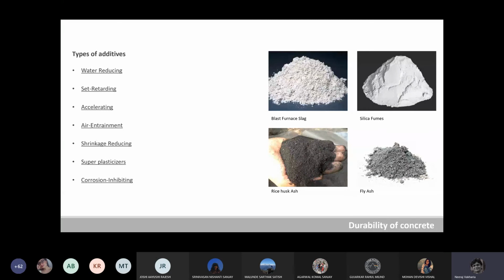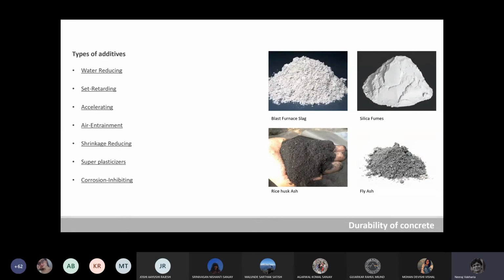Then air entrainment. We saw a type of cement which did this, but again that kind of cement might be expensive if we are going to use it for a larger area. So there are additives which will induce microscopic air bubbles to stabilize the concrete, and the resultant effect is again preventing the concrete from cracking in cold environment. So we may add additives or we may use the cement as it is.